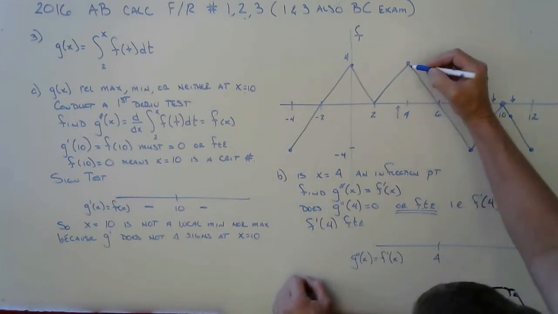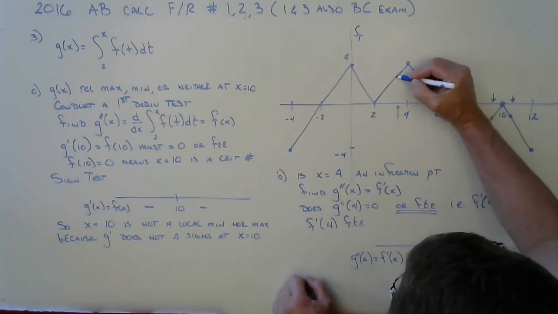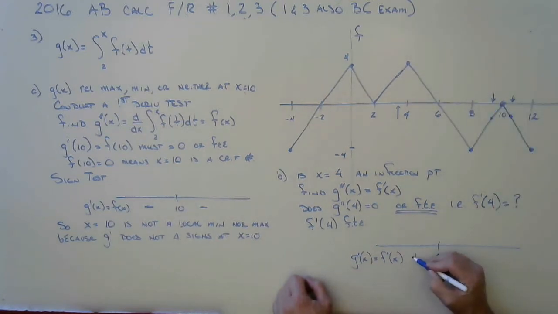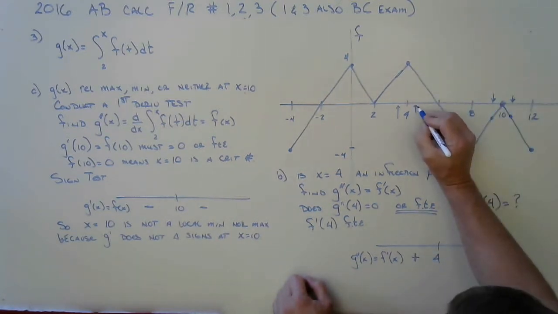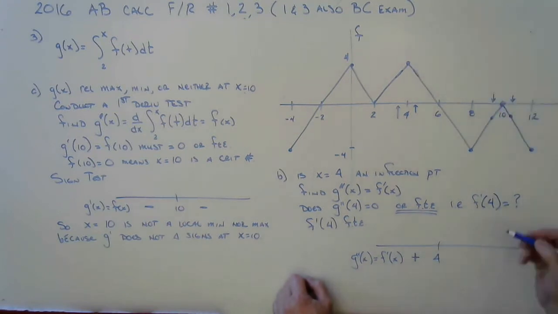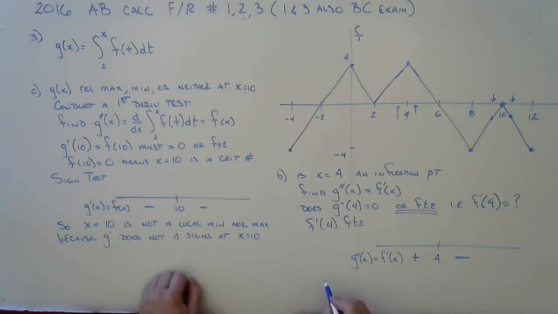I need a test point. Well, the derivative of f is the slope of this tangent line, that's plus. On this side of 4, the derivative of f is the slope of this tangent line, that's minus. It changes sign, so therefore G has an inflection point at x equals 4 since f prime changes sign